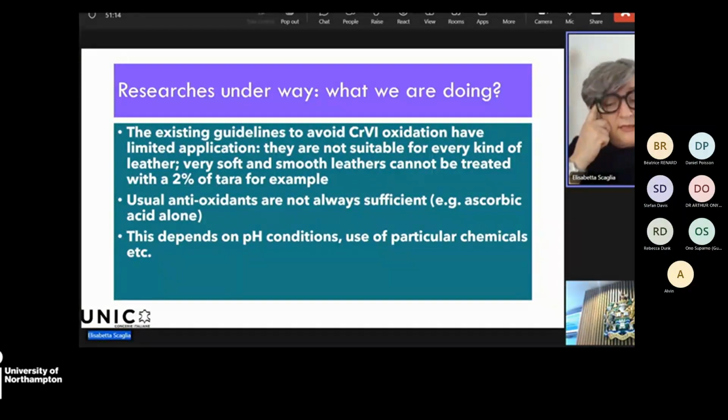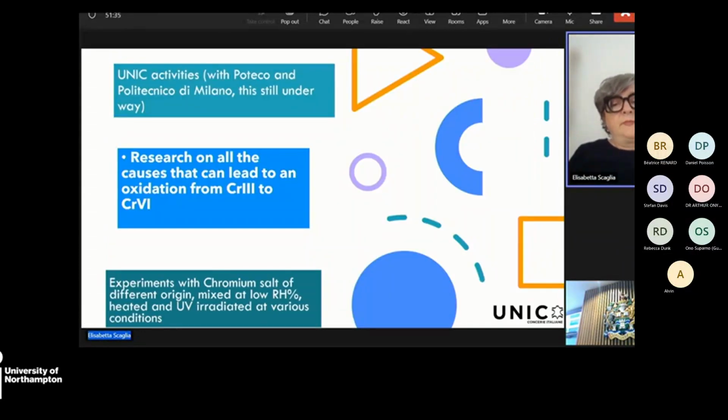Usual antioxidants, for instance, ascorbic acid alone, are not always sufficient to protect from chromium-3 to chromium-6 oxidation. And this depends on pH condition and use of particular chemicals, etc. What we have already done is try to combine ascorbic acid with other antioxidants that are mainly phenols or phenol compounds, and we are